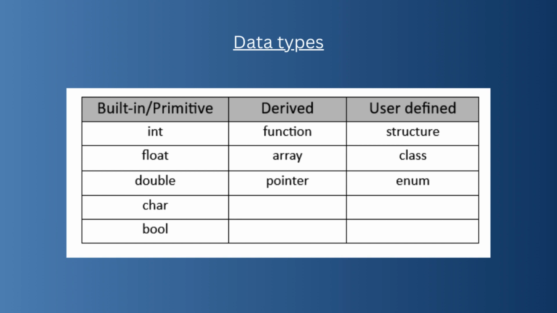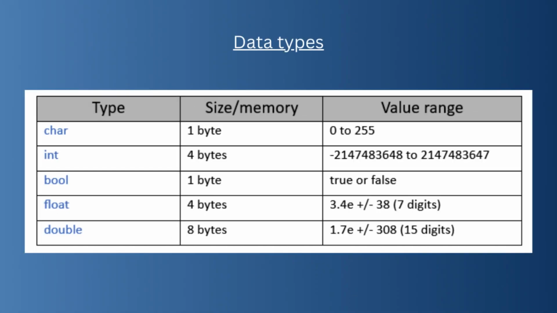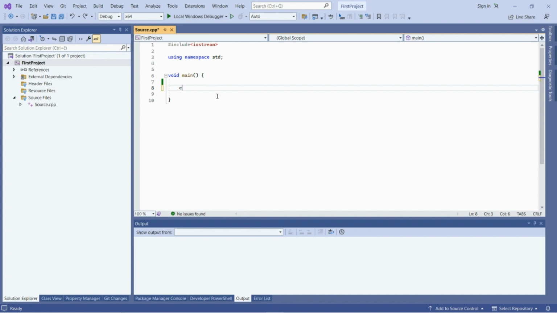In this video, we are going to look at primitive data types. In this table, you can see primitive data types, their memory size, and their value range. You can also check the memory size of data types in C++, and you will do that with the sizeof operator. So let's do that. With the sizeof operator, we put the data type name in parentheses. This is for integer. Let's do it for all other data types.